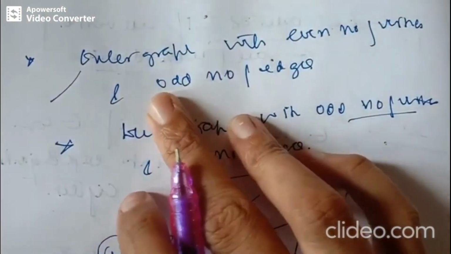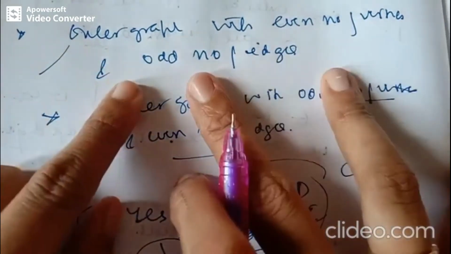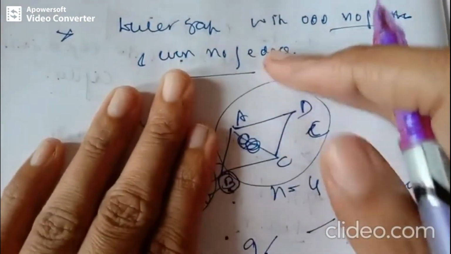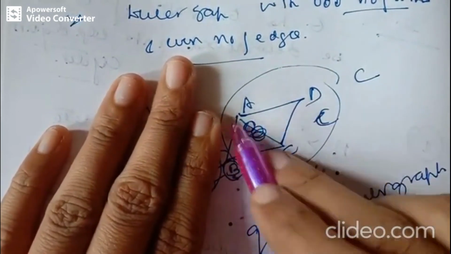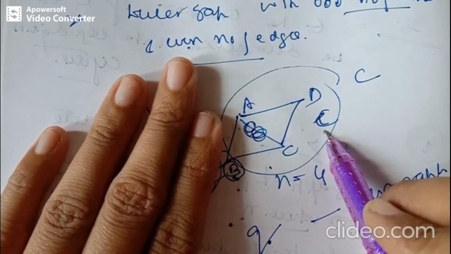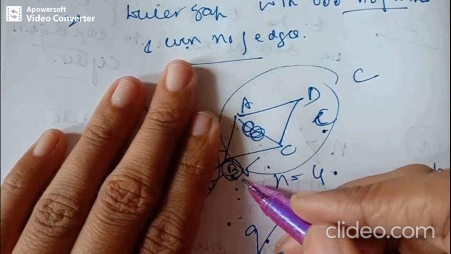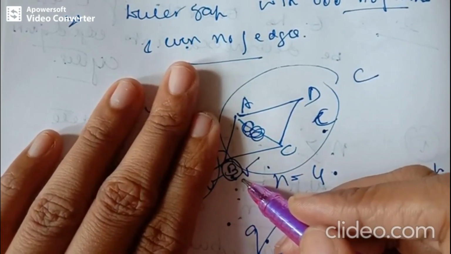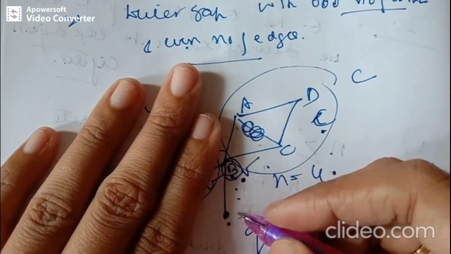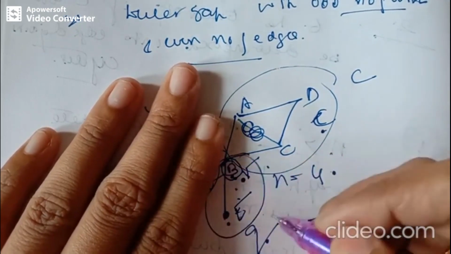The next question is, we have to check whether there exists a Euler graph with an even number of vertices and an odd number of edges. Okay, so let's take an even number of vertices. I have drawn the graph here, with even number of vertices A, B, C, D, 4 vertices. We have taken this to be one circuit C, and let V be one of the vertices. We are denoting this vertex B as V. And let us consider a circuit C dash with an odd number of vertices passing through V. Let's take another vertex, that is E, passing through this V. So this is one circuit C dash.